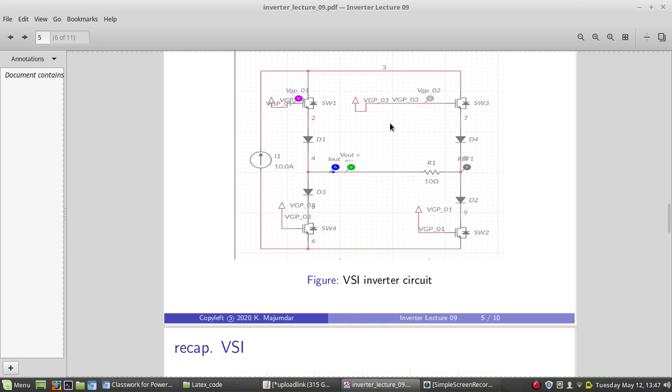Now, the next instant, switch 3 and switch 4 will be turned on simultaneously. Then the current will flow from here to here and here, as if one time the current flows from this side, turning from this blue color to this one, and in the next instant the current is turning from the gray to your node number 4.